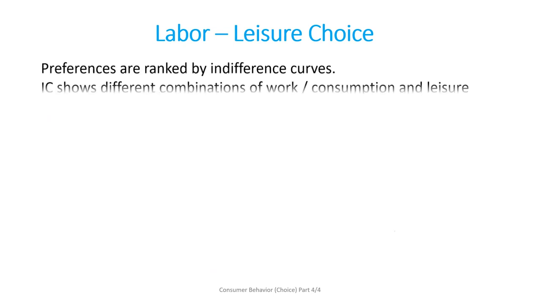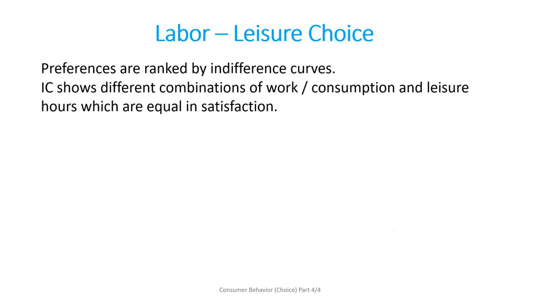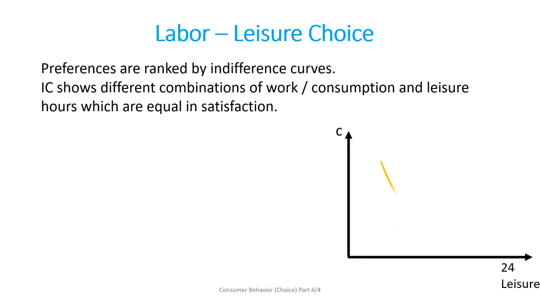These preferences are ranked by indifference curves, and here an indifference curve shows various combinations of consumption and leisure hours which are equal in satisfaction. Therefore, the marginal rate of substitution, which is the slope of the indifference curve, is equal to